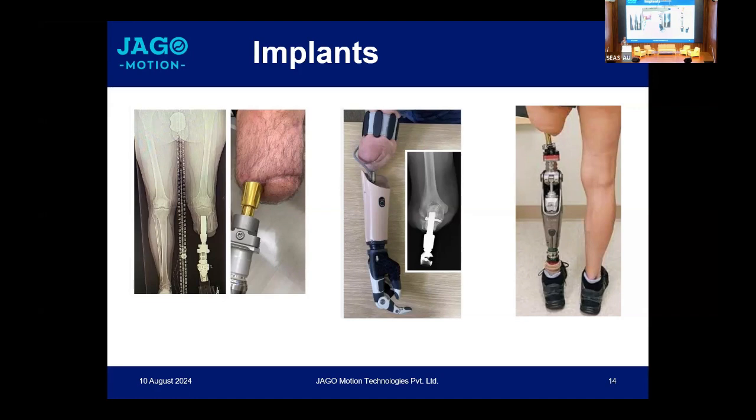So an exoskeleton basically distributes the load slowly on the body, starting from the amputated part, then to the upper body a little bit, and then to the entire body. So the way load is transferred has to significantly change. That is the one thing, and that is the direction in which we are working.